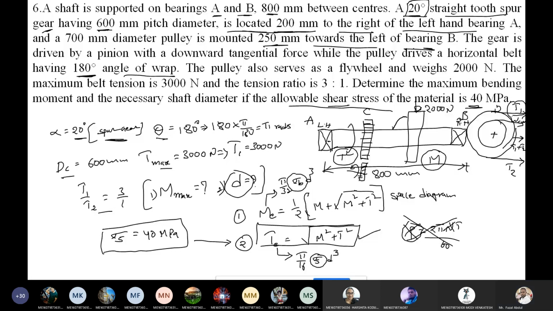The torque is transmitted to the shaft, and the same torque is going to be transmitted to the gear. How is it possible? Because both are mounted on the same shaft. Because of that, whatever torque is transmitted to the D pulley is transferred to the shaft, and whatever torque the shaft has is supplied to the gear. It means whatever torque is generated on D is equal to C.